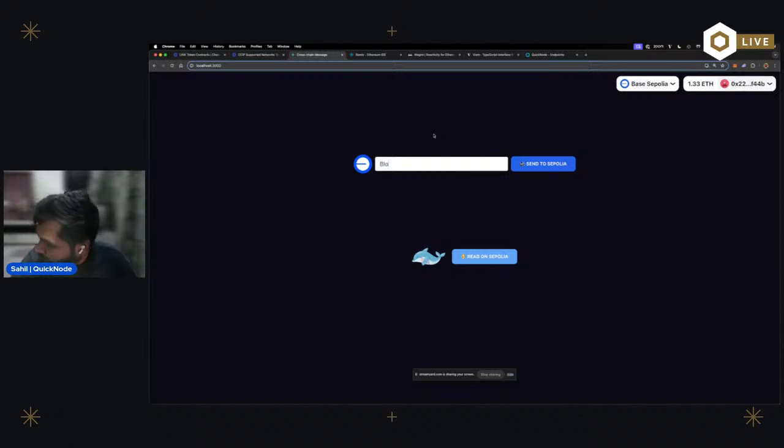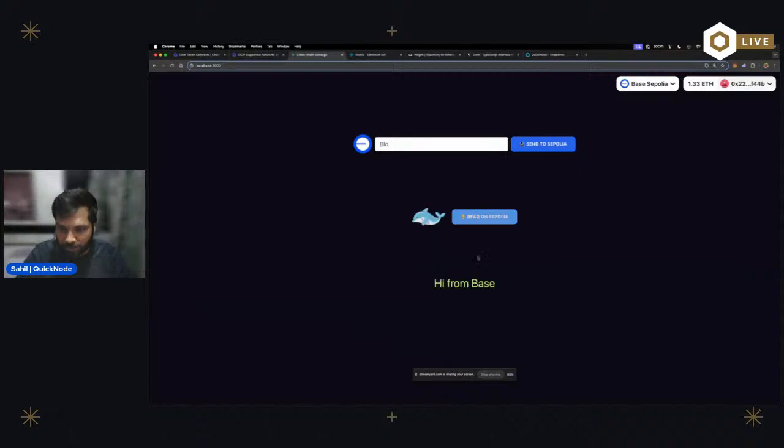But even now, there is some message because the contracts were pre-deployed. We will deploy the contracts again, but to save us some time, I had already deployed the contracts. The message right now is "hi from base," and once I send a new message, this will change automatically because there is a React hook running in the background. So